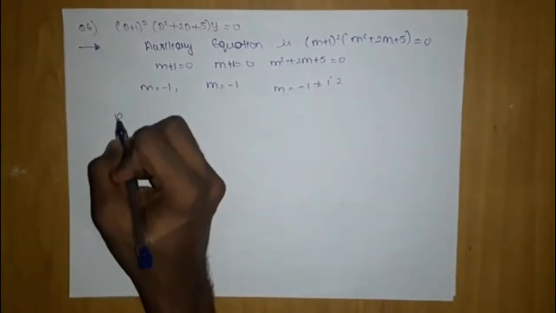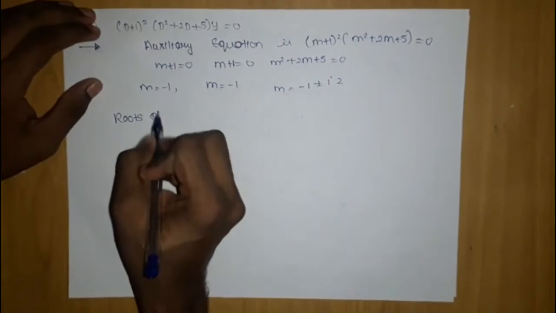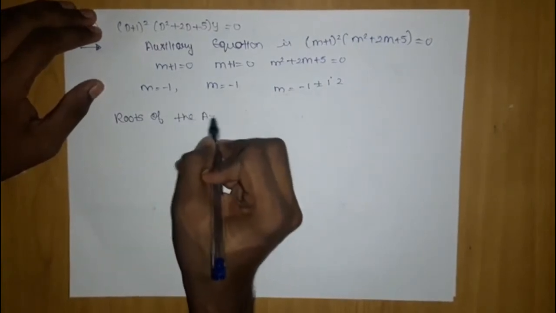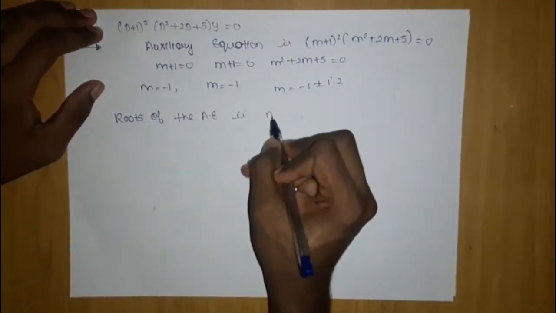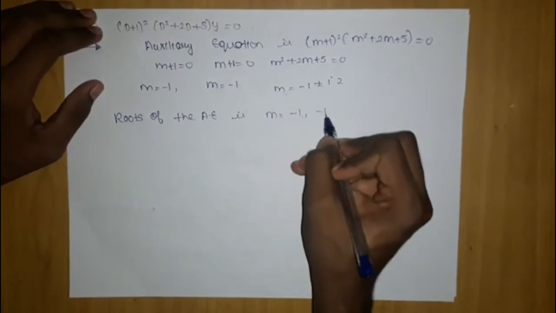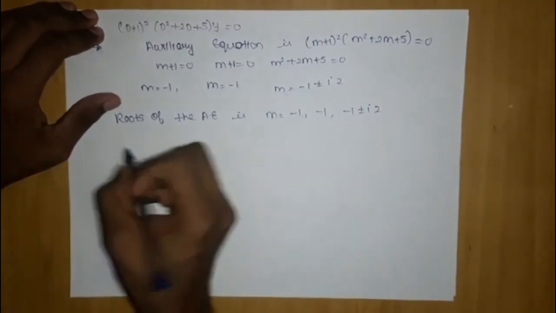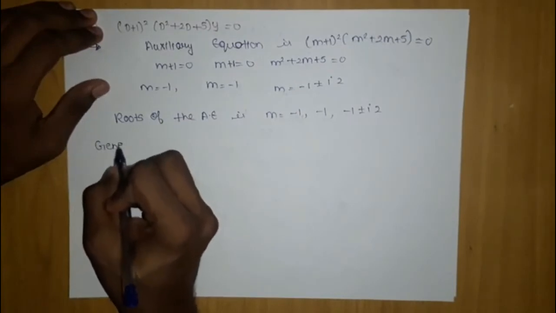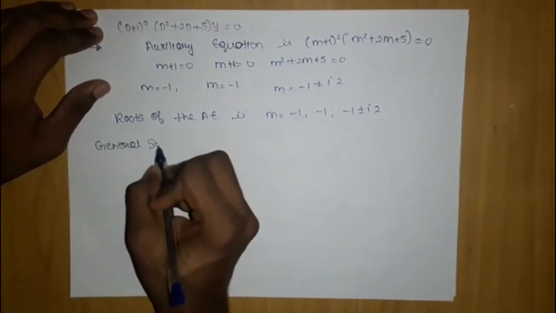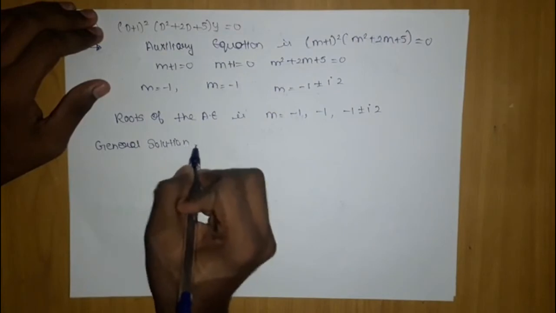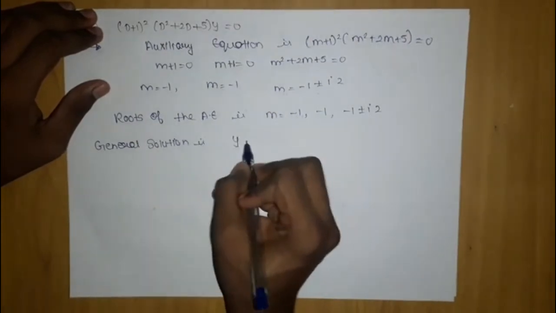So the roots of the auxiliary equation are m equals minus 1, minus 1, minus 1 plus minus 2i. Therefore the general solution is y equals